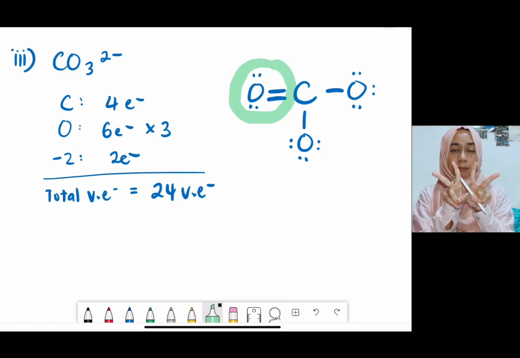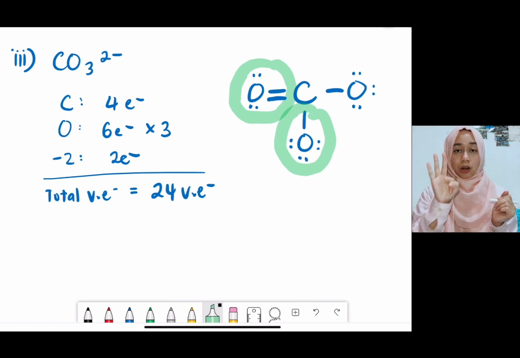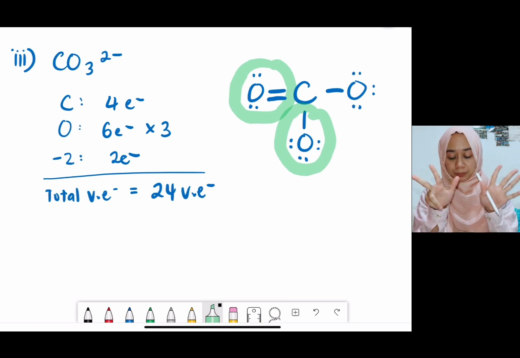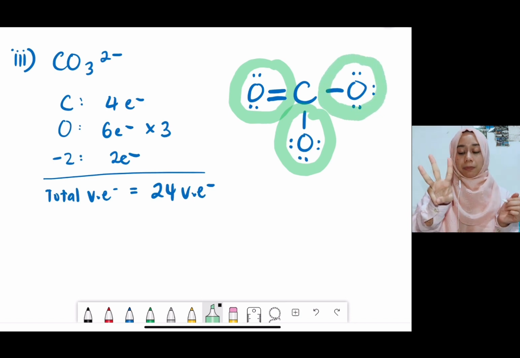So total ada 4 pair. So kalau 4 darab 2, ada 8 elektron. So betul. Okay, and then kalau oksigen yang bawah ni pula, oksigen yang bawah ni ada 3 lone pair, 1 bonding pair. So in total ada 4, bermaksud ada 8 elektron juga. And then kalau yang oksigen sebelah kanan ni samalah dengan yang bawah sebab dia ada 3 lone pair, 1 bonding